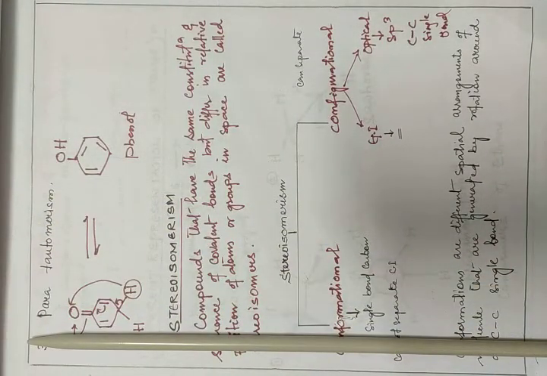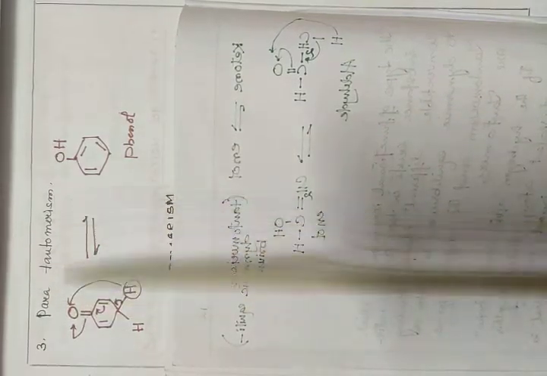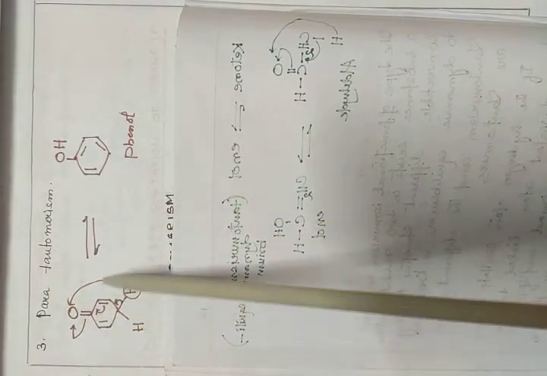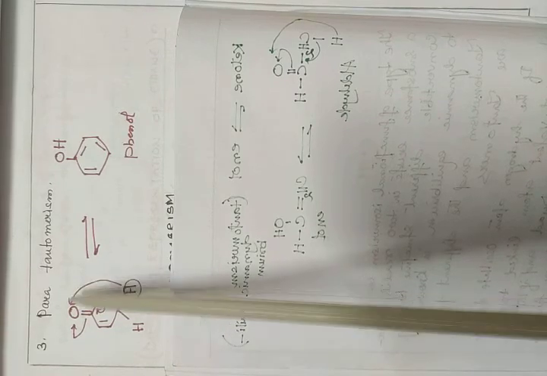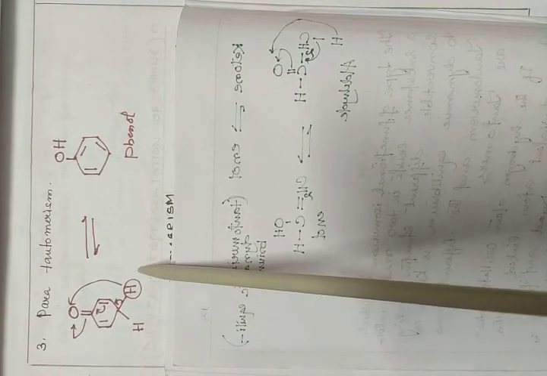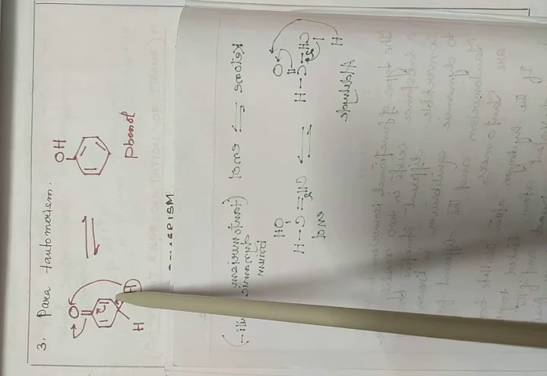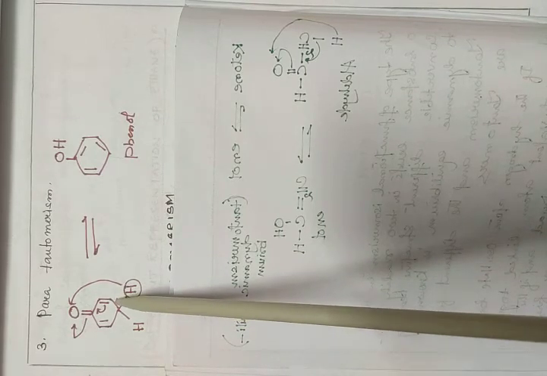Now the last one is para-tautomerism. So para-tautomerism, we just see here in the para position. So this is 1, 2, 3, 6. Now here it's breaking and then given to here. When it is given to here, more electrons, here 2 hydrogens are there. So one hydrogen breaks to here, one bond breaks and is given in this position.